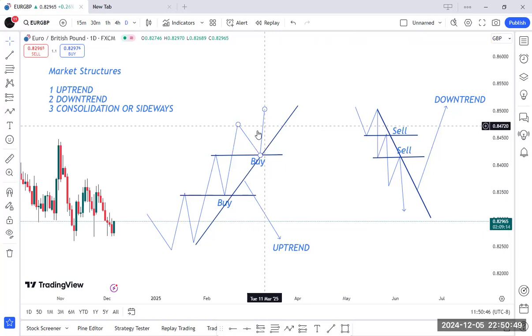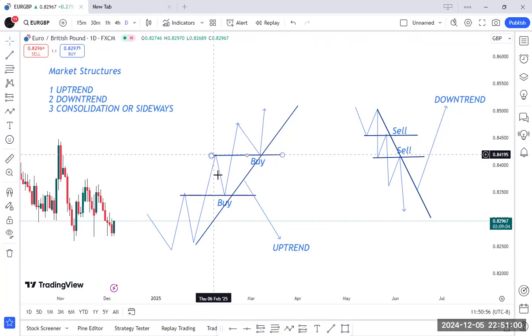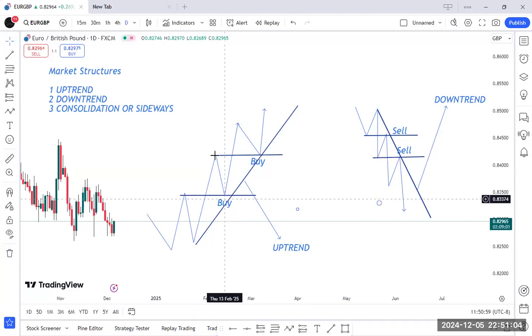And when it's coming back down, it will give you a candlestick pattern that you can identify at the top here that will bring the market down. It can show you an evening star here that will bring the market down. So it can show you a candlestick pattern at the top that will bring the market down, telling you that the price is about to retrace back to this high which it has broken out from. And then once price comes back to this zone, what you have to do is